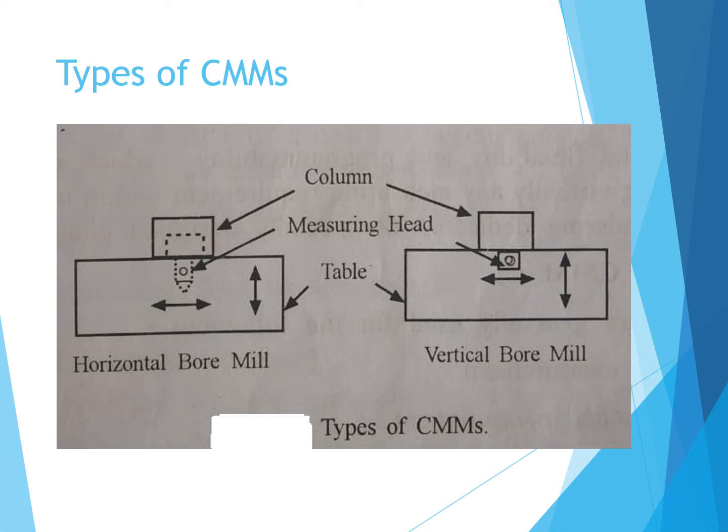So in these two cases, to measure the distance between two holes, the workpiece is clamped to a table, and then aligned with the machine in three mutually perpendicular directions, that is X, Y and Z directions. The probe is placed in the first datum hole, that is whichever hole you want to measure, and from there you are going to take the readings. The probe is then moved successively